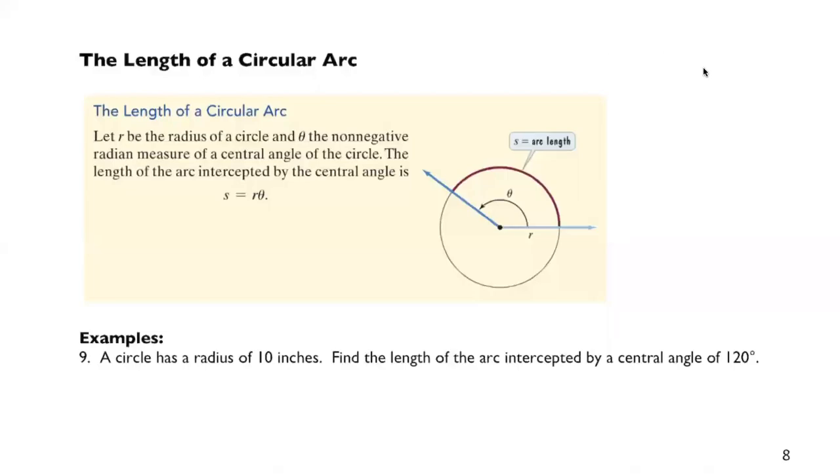All right, we are still in section 3 talking about radians and angles. And so we're going to pick up today with the length of a circular arc, and we're going to talk about coterminal angles. So remember that we said the way that you determine the radian measure of something is